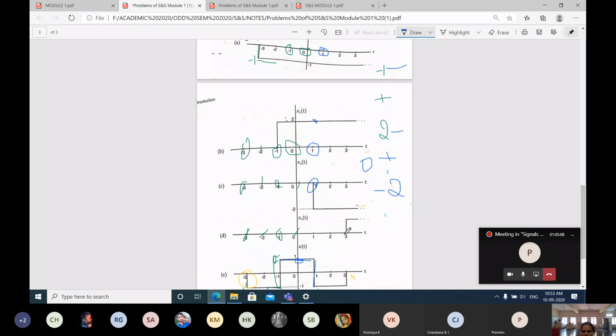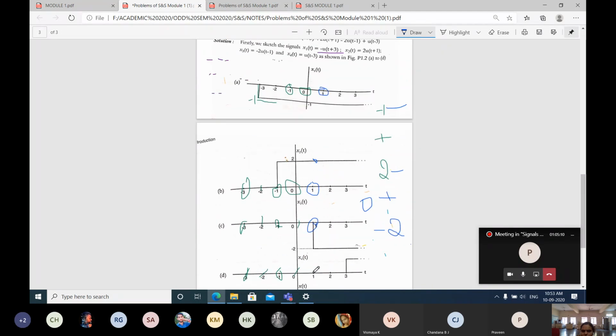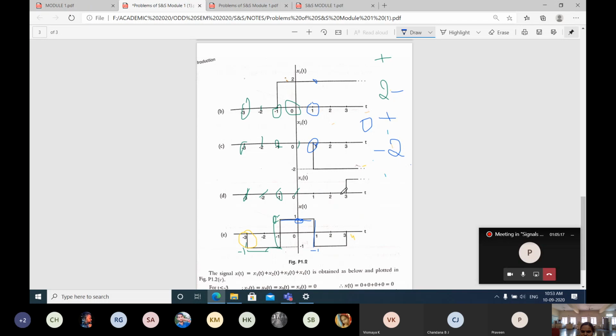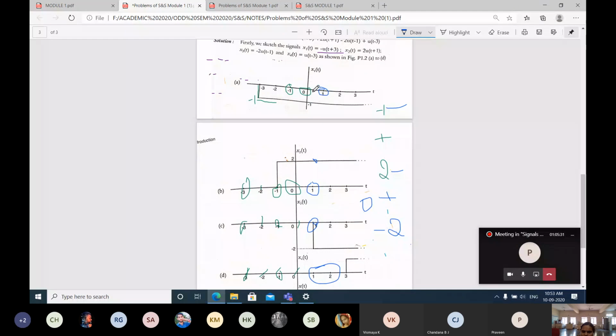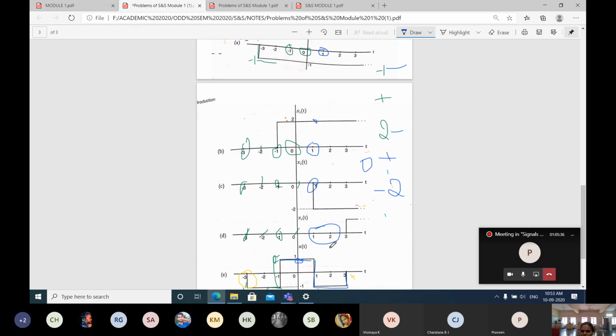What is the value going to be? Till from 1 to 3. If you observe here, from 1 to 3 it is minus 1. Here 1, 2, 3, here you don't have any signal. Observe here, we don't have any signal. So it will be continuing till 3 as minus 1 only. Observe 0, 1, 2, 3, minus 1. Here we don't have any signal. I told this is all going to be 0 only. For that reason it will be minus 1.